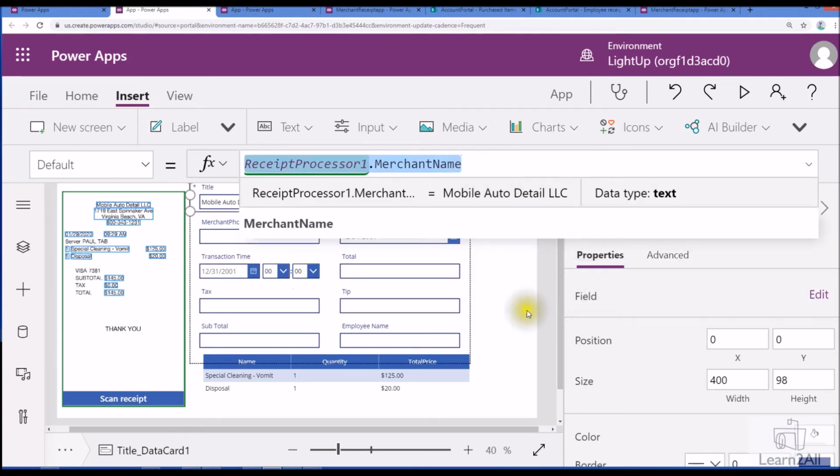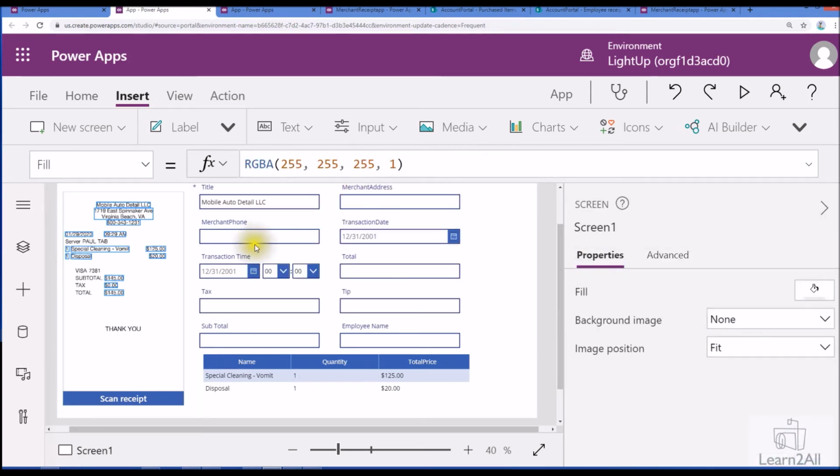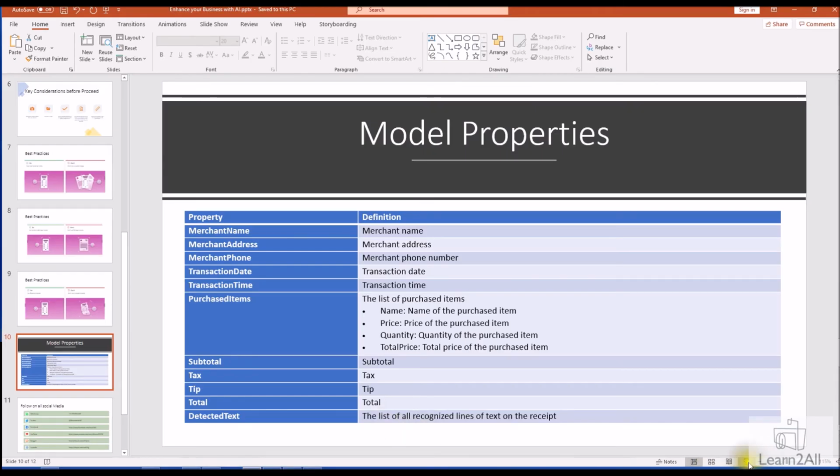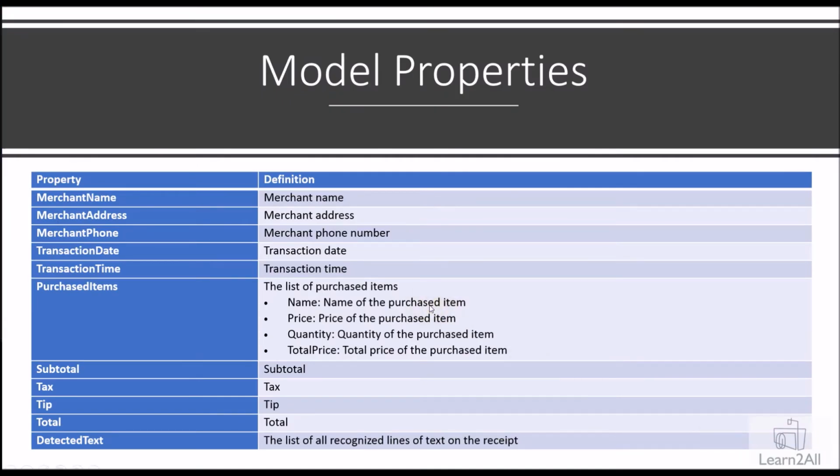Same way we can configure the other properties. Like how many properties are supported, let me show you. Currently it is supporting this many properties. Merchant name, so for that what you need to write here is receipt processor control dot merchant name, dot merchant address, dot merchant phone, dot transaction date, dot transaction time, dot purchased items.